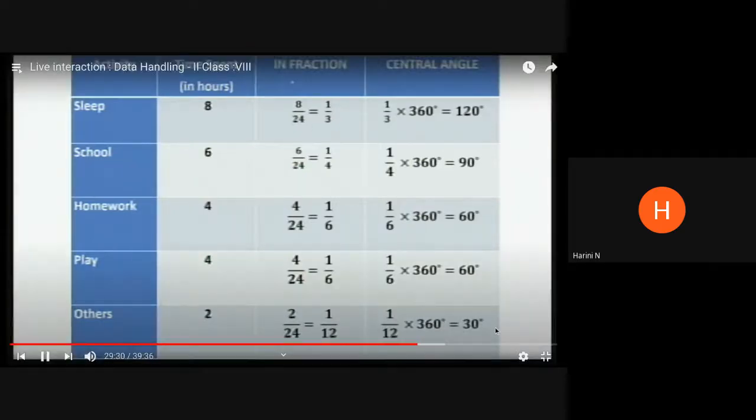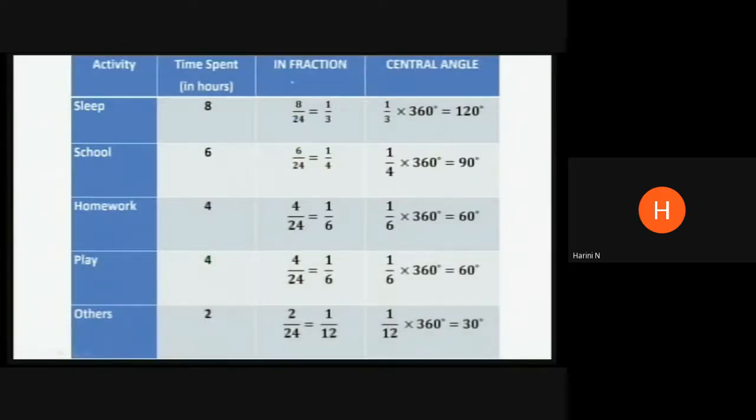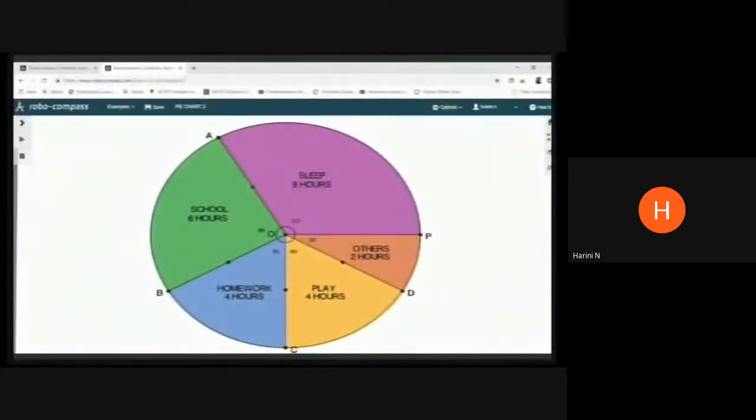Right. So once this tabulation is ready, the next step is very obvious. We have to draw the circle, mark all these central angles as I have shown you in the previous example. And then once the sectors are divided, our pie chart is ready. Yes. So that's exactly what we shall do now. So we will get back to our pie chart and see how we are able to get it. Yes. So this is how your pie chart will look after you have divided the sectors.